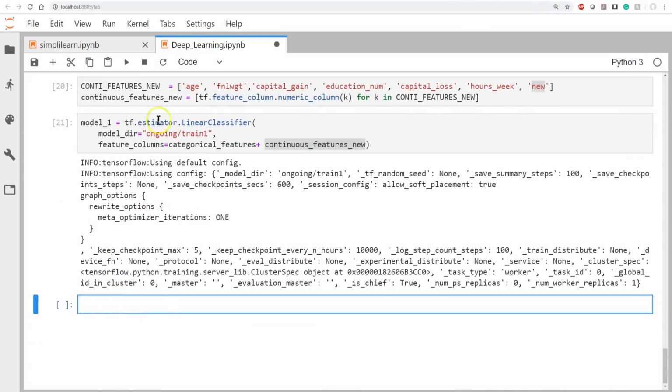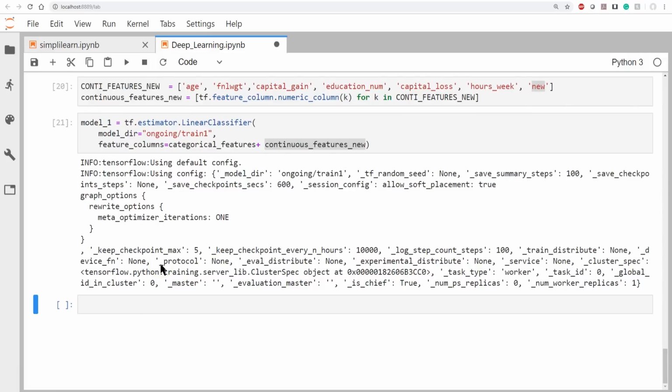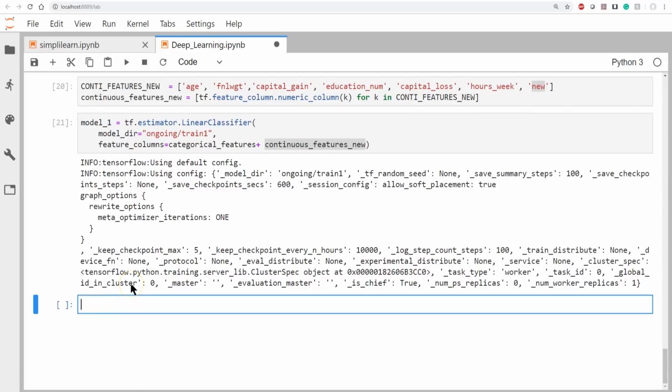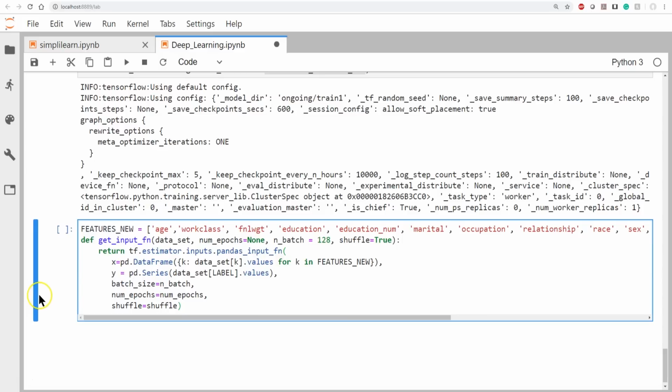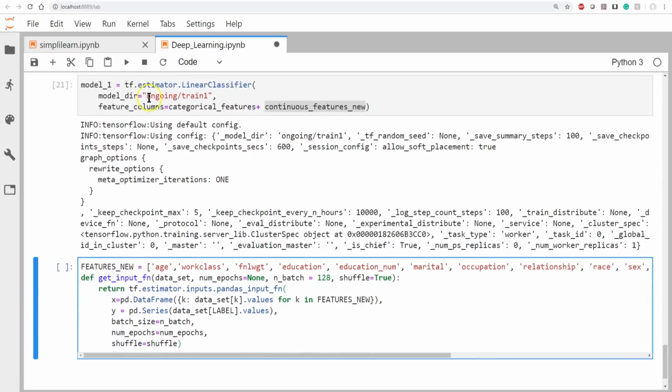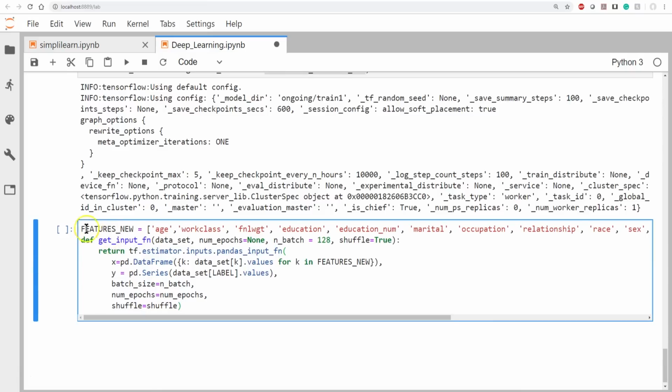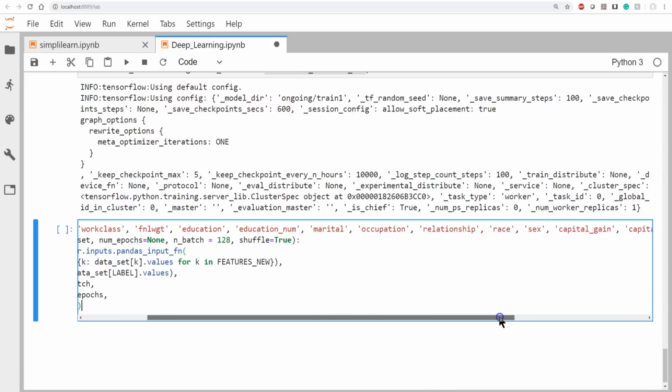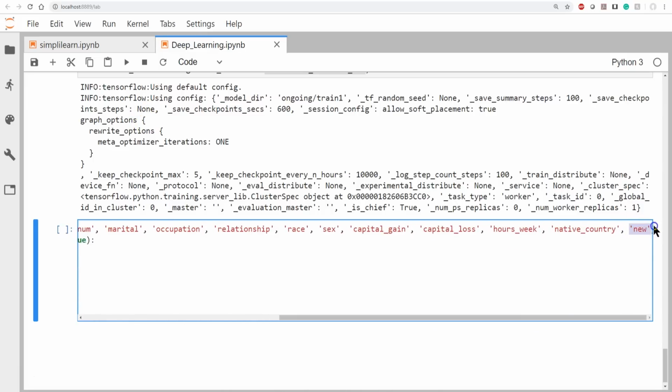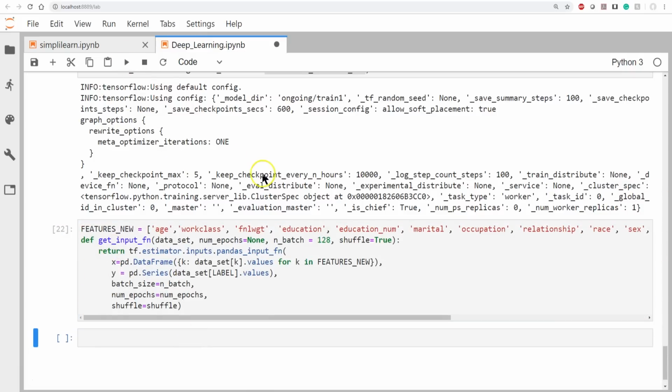Now we haven't trained it. All we've done is told it where to get the data and how to get the data and what features are coming in. We haven't actually told it everything on the features coming in, because we still need to also build our get input function. So where's the input coming from? So we built the model with the features in it, and now we need to go ahead and create our get input function. This is the same as before, but you'll see we now have the data set coming in is going to be the same data set up here. And so if we scroll a little bit to the right, we should see the new. And there it is. Sure enough, there's our new on the right. And so let's go ahead and run that. Now we've defined our model. We've defined where the information is coming from.